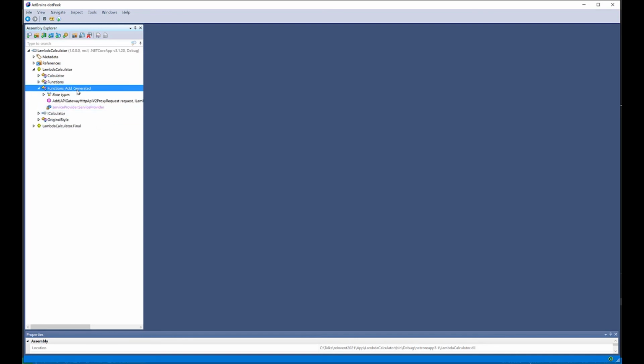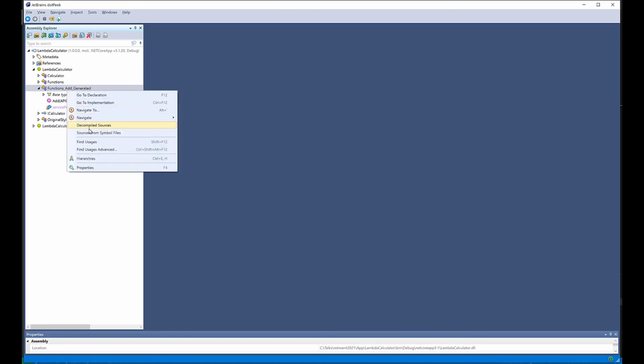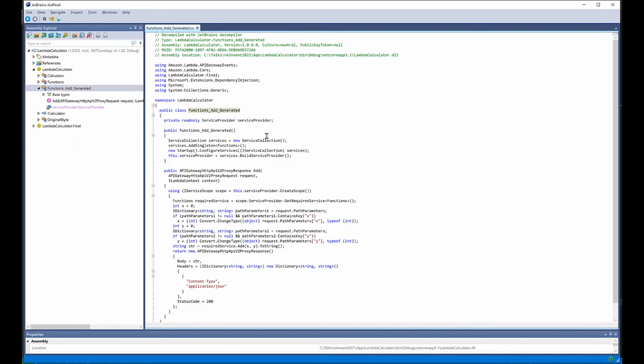We got our method right there. You can see we actually got a new class that was created from the source generators. You can see this is taking care of setting up our dependency injection. It's actually wrapping around our class that we just created for us.